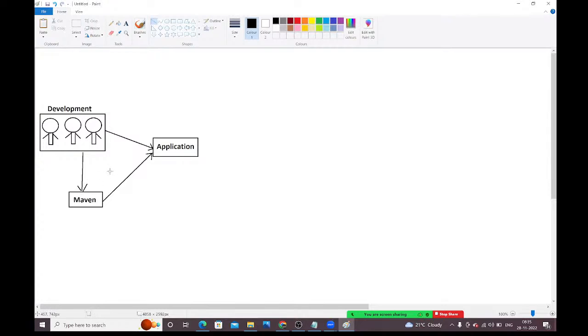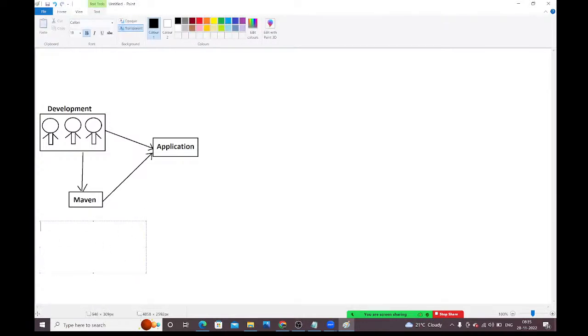Right, guys? Here by using Maven, what people are doing, guys? They are creating the project. Project creation. Right, next what they are doing is, after creating the project, downloading the required dependencies,